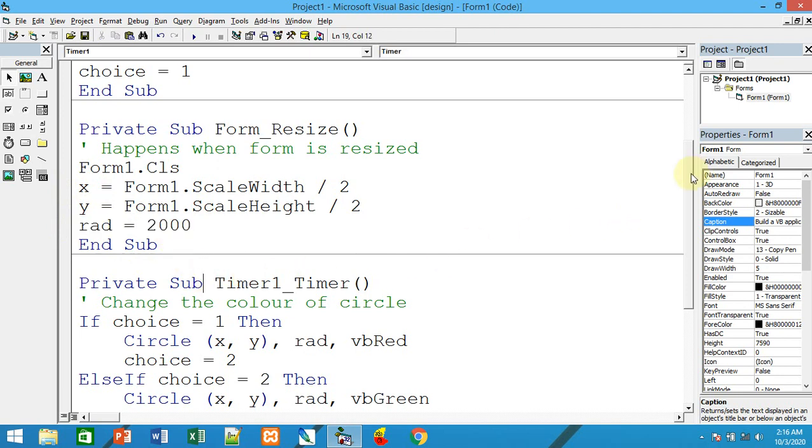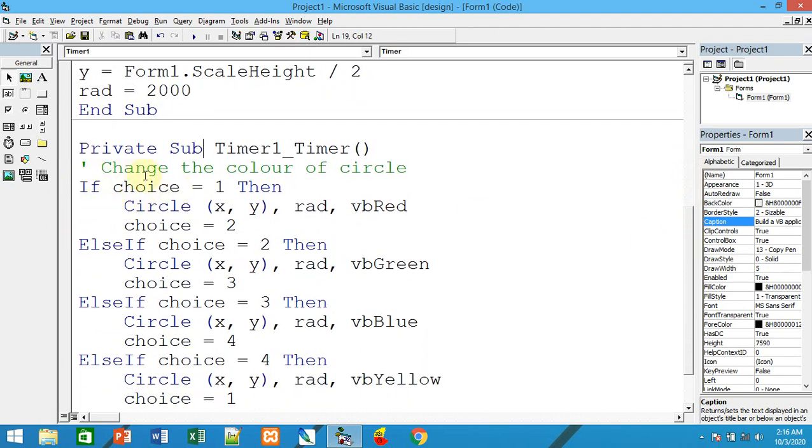Next, for the timer event, you need to change the color of the circle depending upon the choice value. According to our logic, if the choice value is 1, the circle is displayed in red, and after displaying red, the choice should be changed to 2, so that the circle outline is displayed in green.